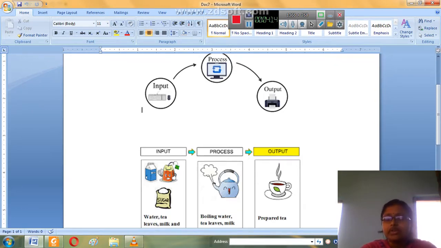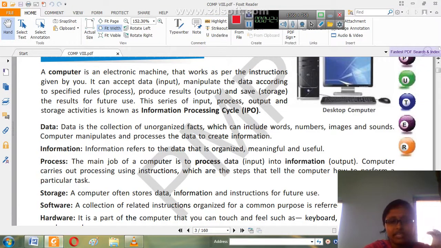This unorganized fact is called data. It can be in words, it can be videos, it can be audio files, but they are unorganized. Then the computer manipulates and processes it, so that we can get the information.